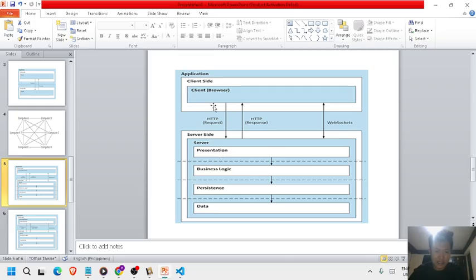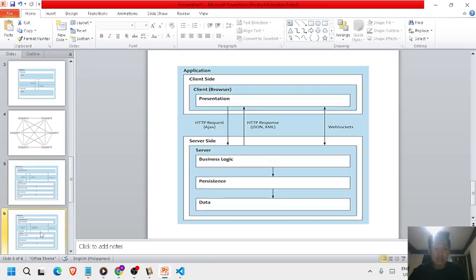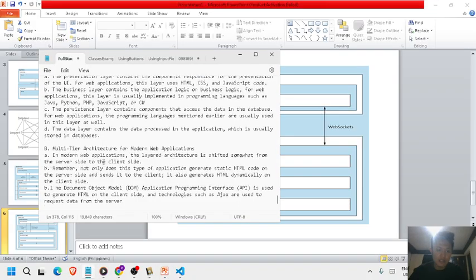classic web application. So like in the previous video, we create this presentation layer in HTML, CSS, and JavaScript on the server side. In the modern web application, we transfer that presentation layer to the client side. So we generate it using Ajax technology and WebSocket. So that's the power of that modern technology. And then,